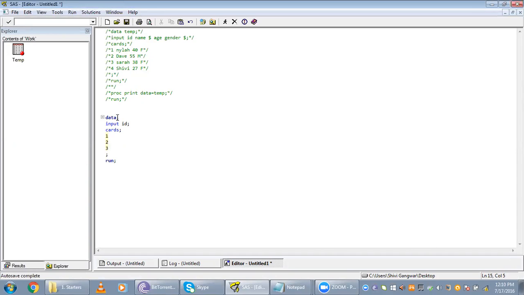Any one of you, any suggestions? If you do not provide the name of the data set, what will happen? It will give you an error, it will do anything. What will happen? Any idea? Okay. So if you do not provide the name of the data set, and suppose you do execution here,